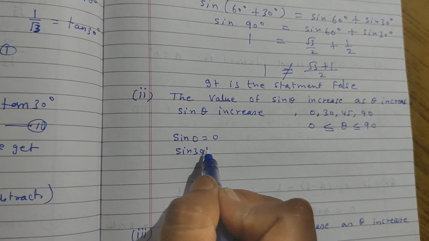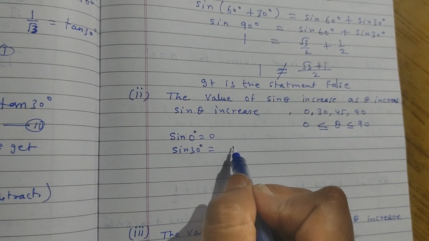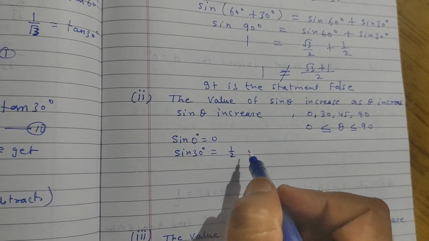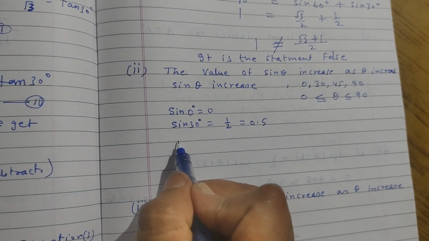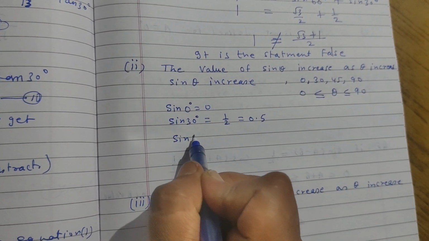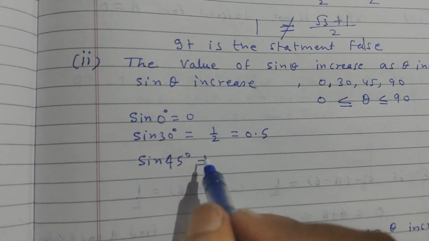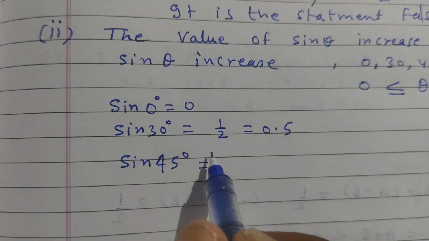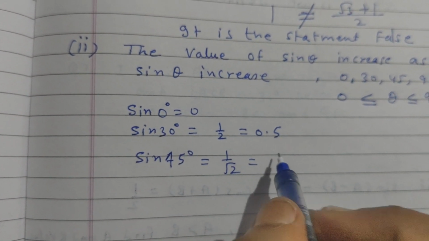Sin 30 value is 1 by 2, which is equal to 0.5. Sin 45 degrees is 1 by root 2, which is equal to